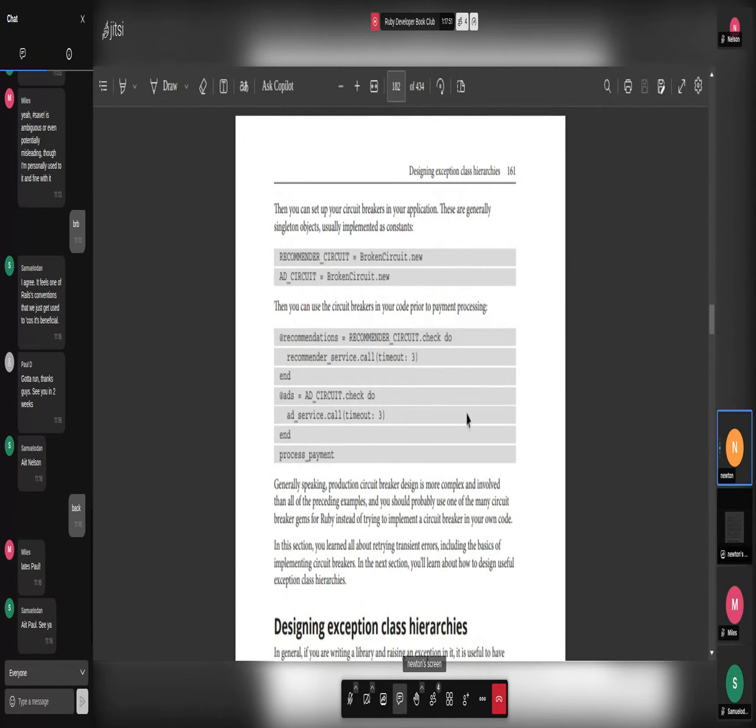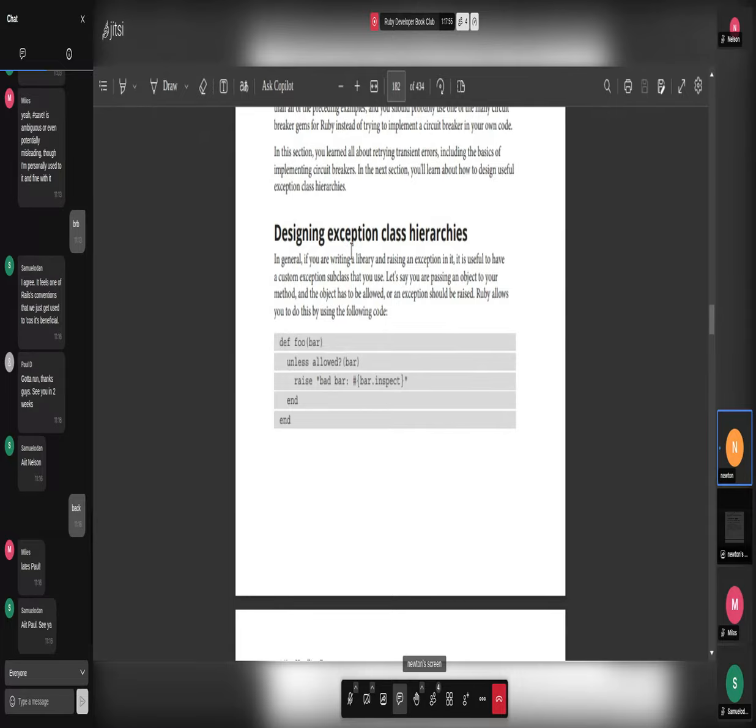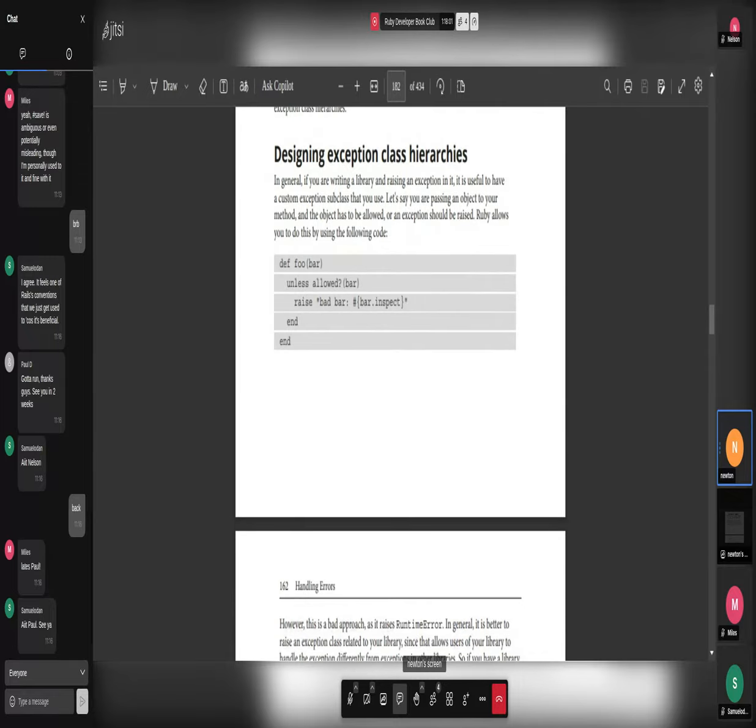And I think I'll proceed to cover the last subsection, which is designing exception class hierarchies. And here, he says if you're writing a library and raising an exception in it, it's useful to have a custom exception subclass that you use. So here you have a method called foo, and we say that unless a bar is allowed, we are going to raise